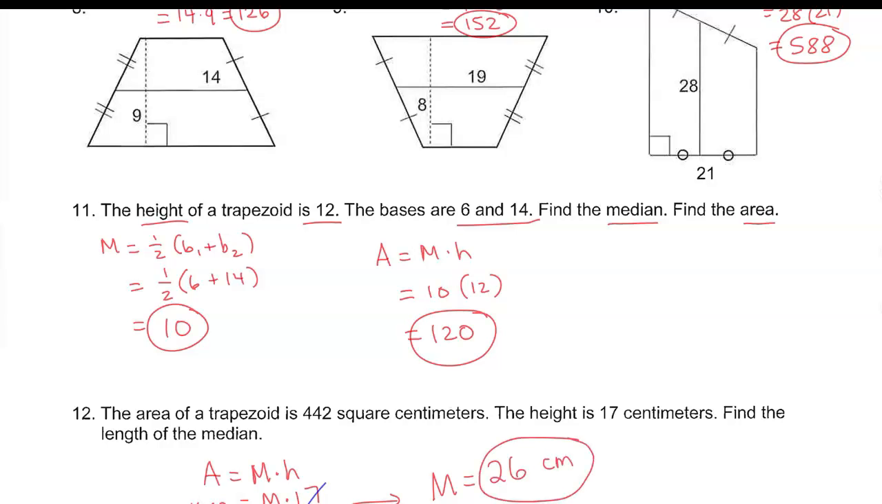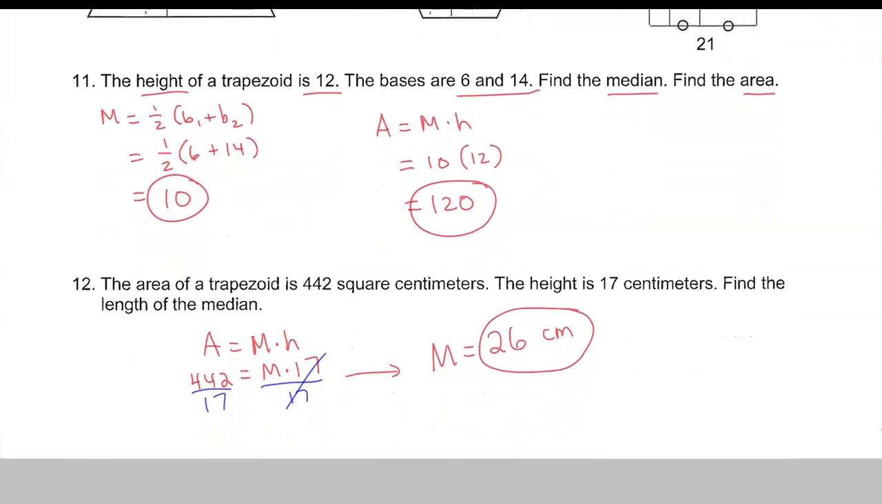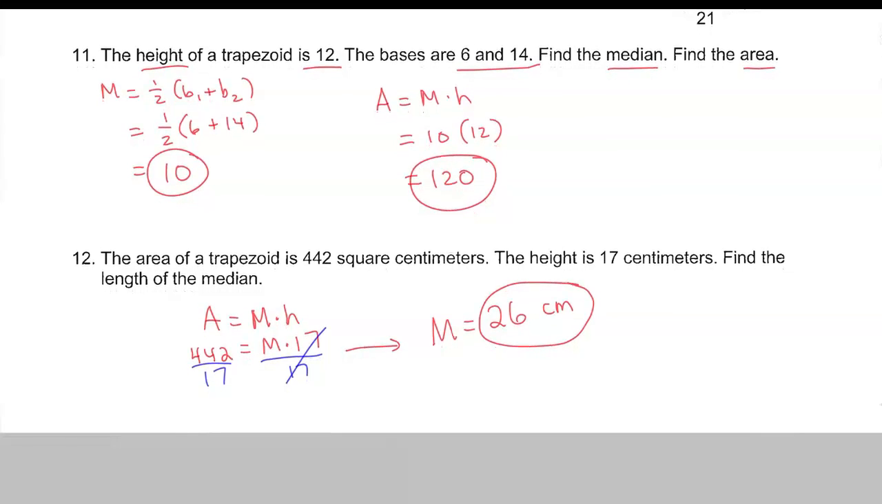Did you remember the units? There were units in that last problem, so make sure you wrote 26 centimeters